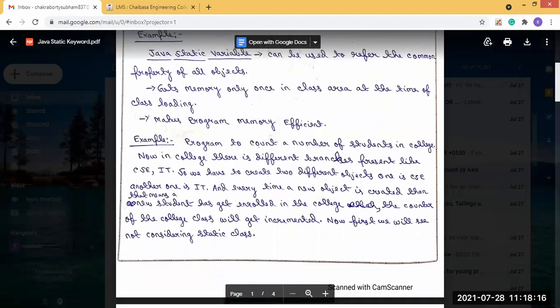Now the counter of the college class will get implemented. First we will see the case not considering the static keyword, and what problem may happen.